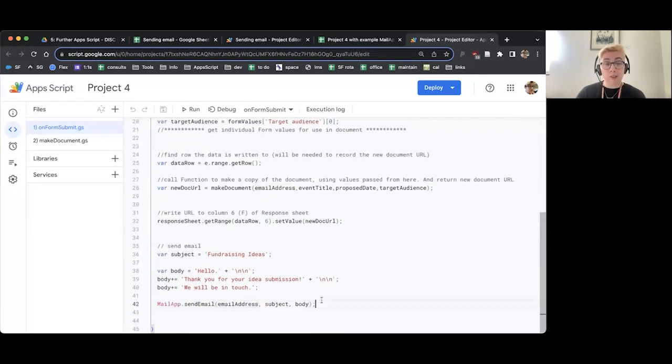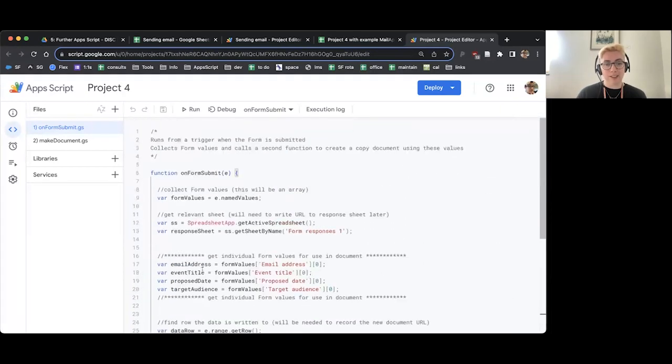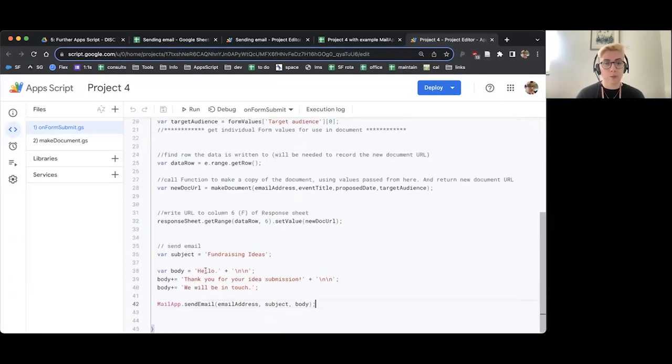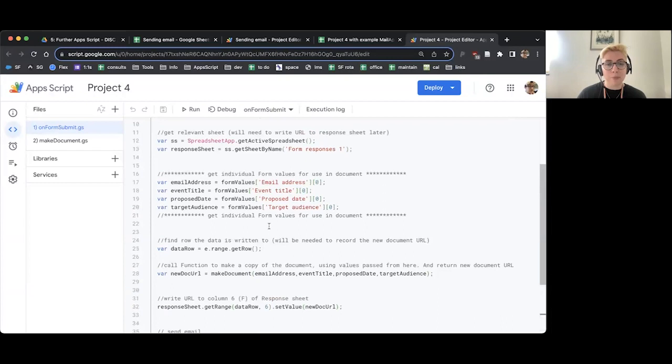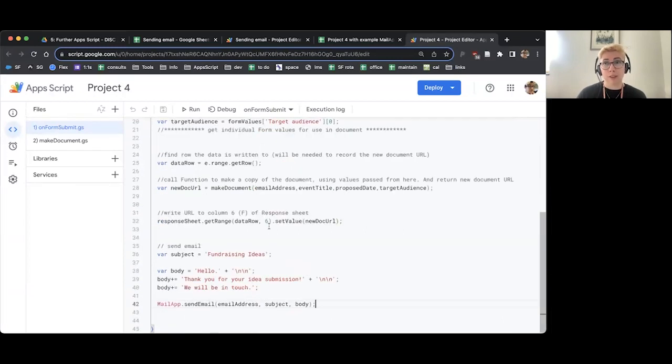So that's a really useful thing here, is that we can use MailApp when we've got data, as long as some of that data is an email address, whether it's from a form submission or data you have in a spreadsheet, I can then send the email using that. So I've done the same thing, I just already had the email address stored in a variable. So it's useful to make sure you pulled out that email address as a separate variable first, and make sure that you have it stored as a variable in the same function that you want to send the email from.